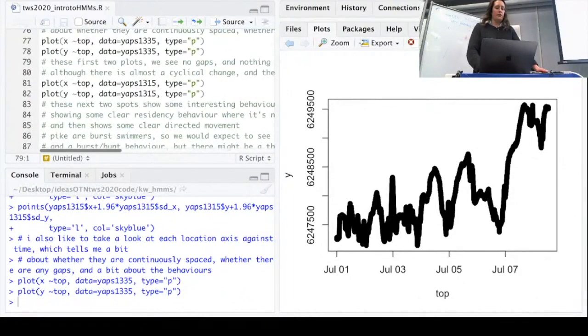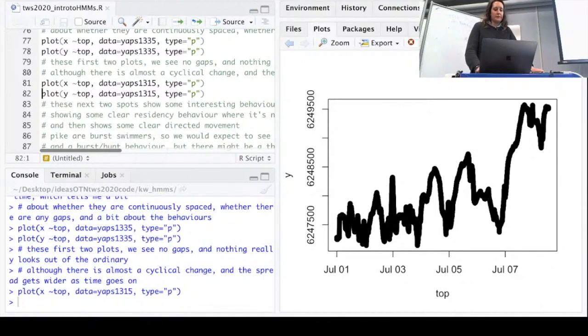Nothing really looks out of the ordinary, although there is kind of a cyclical change, so it kind of looks like the animal is going back and forth through these axes a little bit, but the variance is spreading over time. So it's almost like it's moving more over time. But that's a little hard to interpret. If we look at the other one, though,